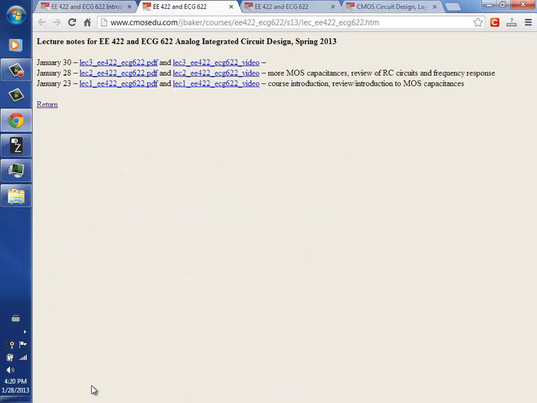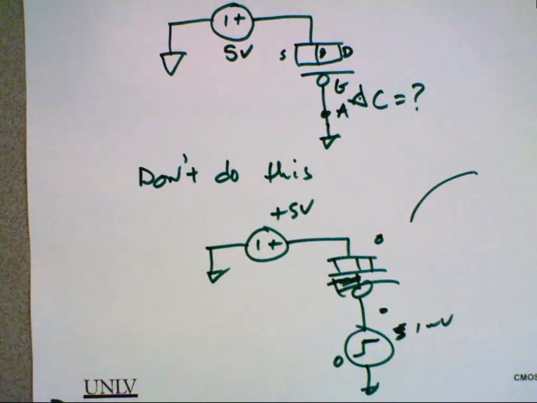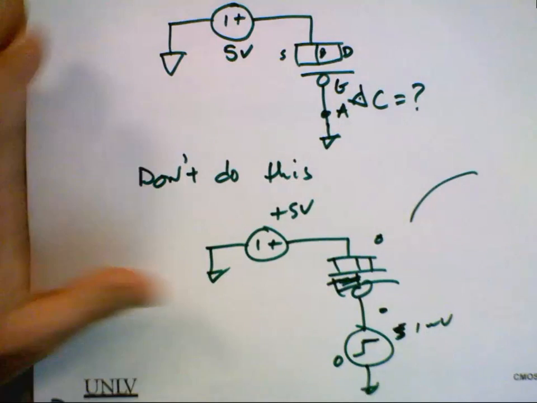Let's see what's on the old agenda. More MOS, review of RC circuits, frequency response. So what about homework? Okay, everybody see the homework? We went over that already. I guess the thing I forgot to mention was I'm not going to tell you every day, hey, there's homework due a week from today. You'll just get in the groove. Yeah, it's good, especially since I have a grader and I don't have to grade it. Okay, so you're going to help me on this because the first homework problem has something to do with